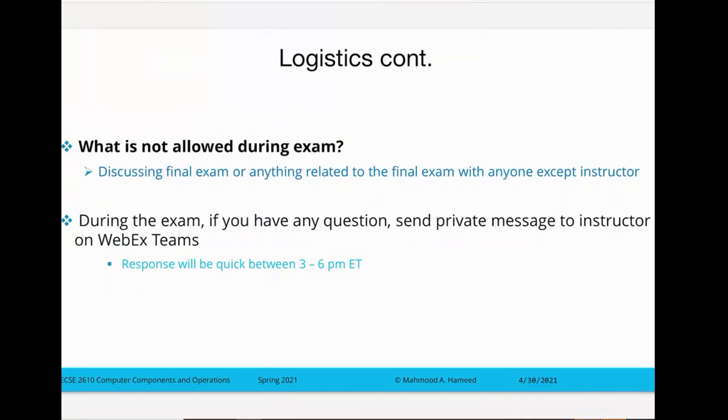Let's see. So on Tuesday 5/4, the start of reading day, the TAs won't have office hours either. Yeah, the TAs are not going to have office hours either after this week. But if you guys